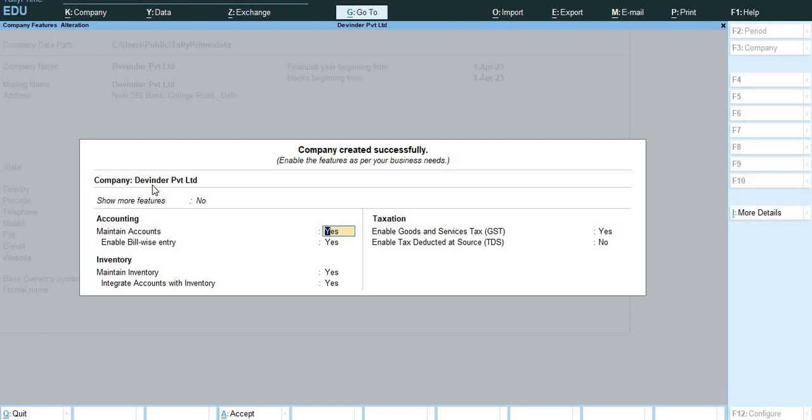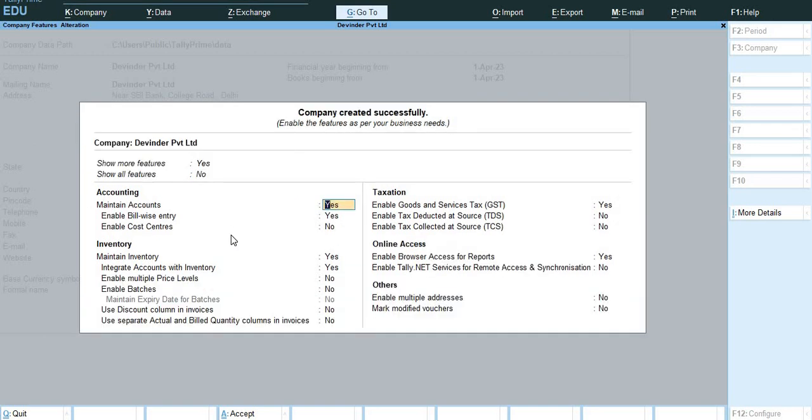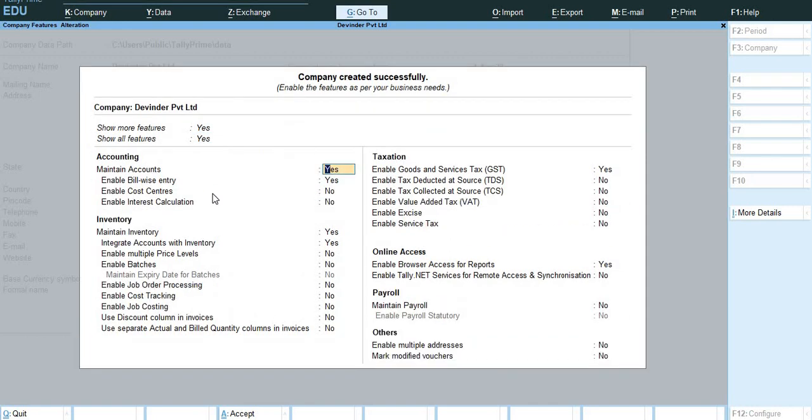The company name is Devinder Private Limited. Now I'll show you how you can do settings in your company features. This is the company features screen showing on the screen. I'll press backspace and enable show more features. You can see that when I click on show more features and enable it, I'll get extra features of the company. And when I go back again and click on show all features and enable it, I'll get more